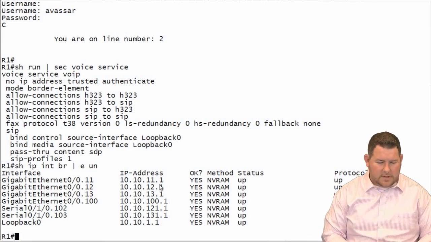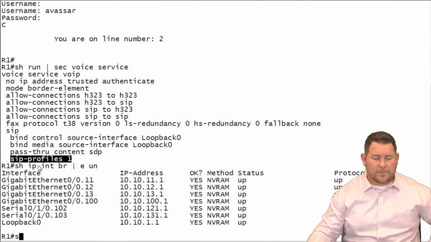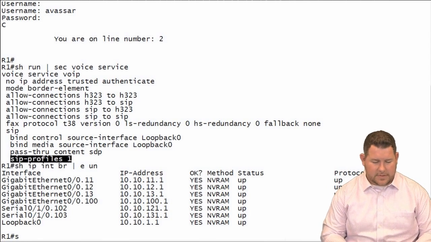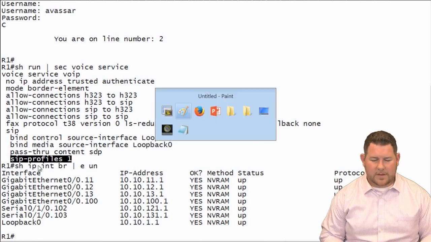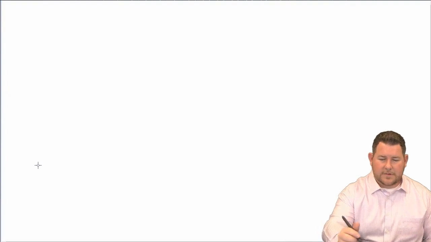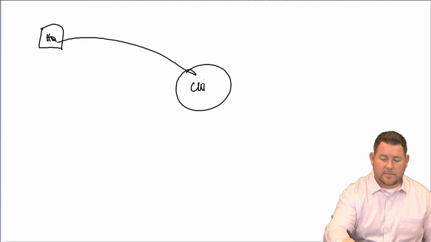Alrighty. Now, let's look at, like I mentioned here, the SIP profiles as well. But let's look at first the actual dial peers and how we're going to connect here. So if I'm going to connect, you know what, let me just draw the network too. So that way we're kind of good on how this is all laid out. So once again, HQ device. We've got HQ connecting to Cube,